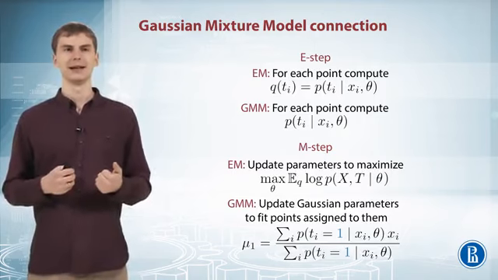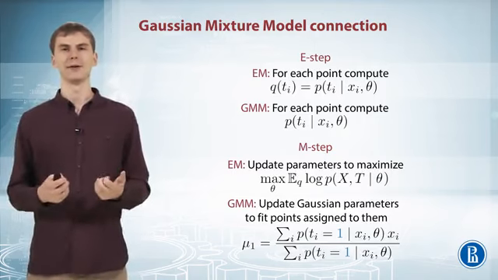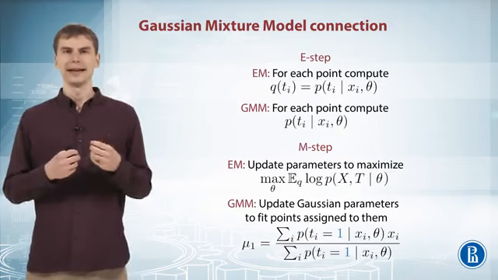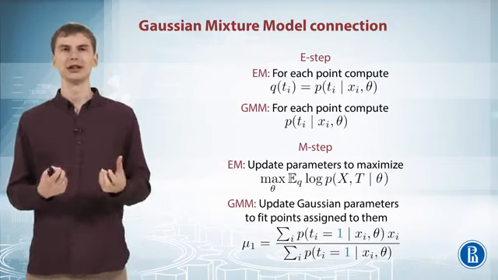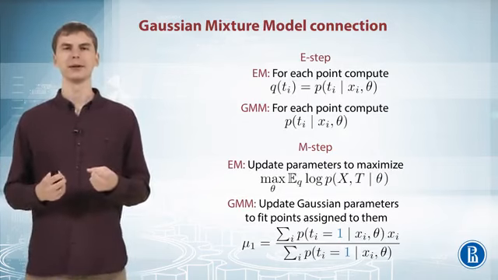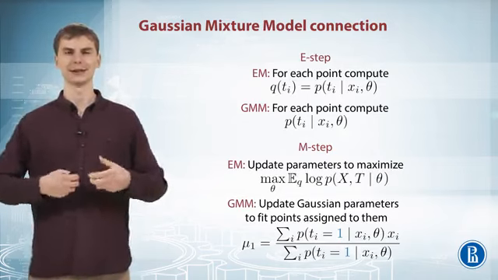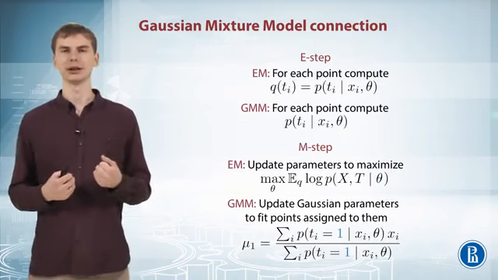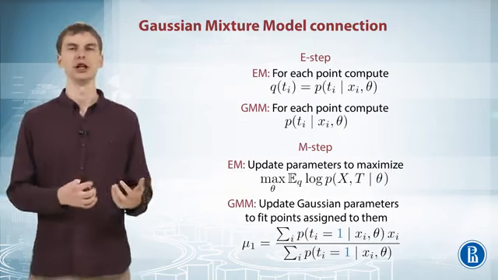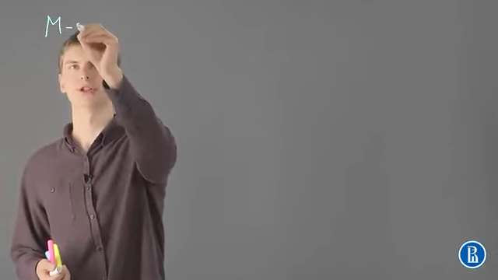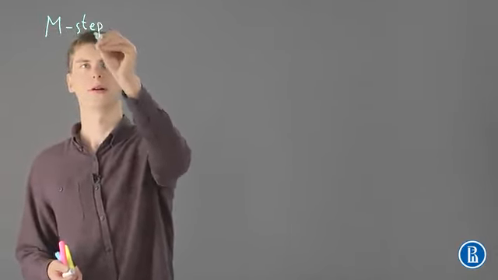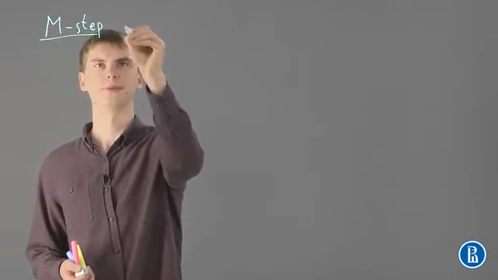Well, let's use the blackboard to derive the connection. So to prove that the maximization of this expected value of logarithm, which the EM algorithm asks us to do, is the same as the formulas we kind of intuitively derived for the GMM. So let's look at how we can apply the general form of the expectation maximization algorithm to the Gaussian mixture model. So on the M step of the expectation maximization, applied to GMM,